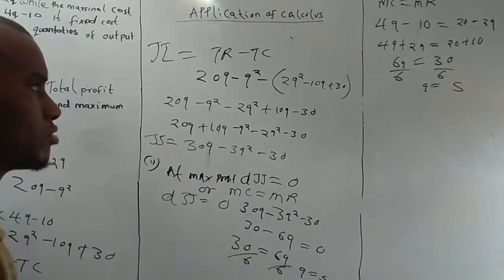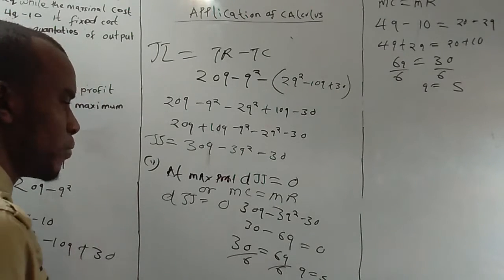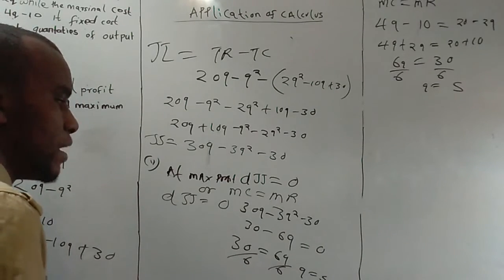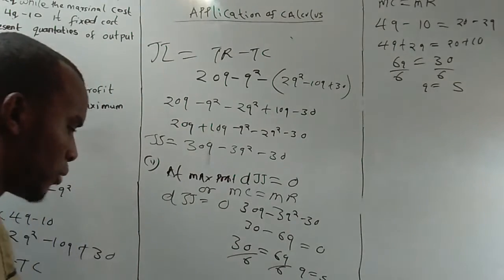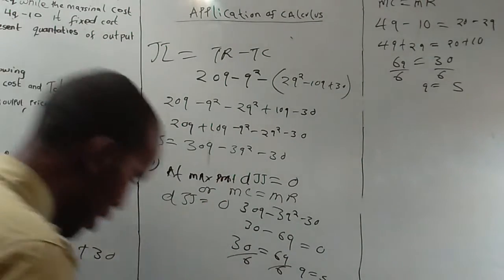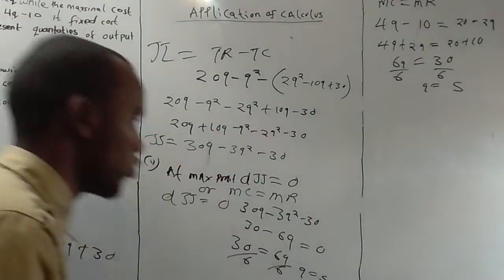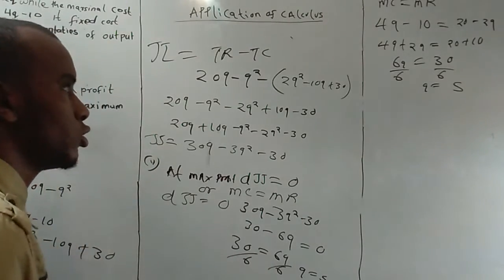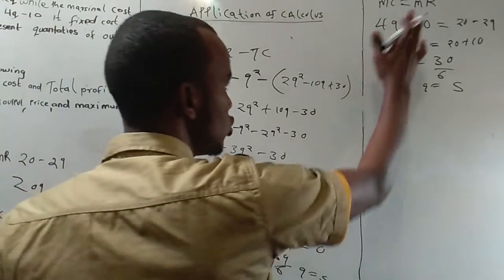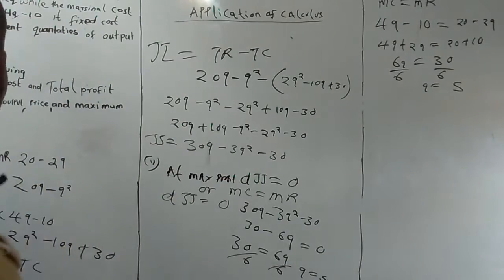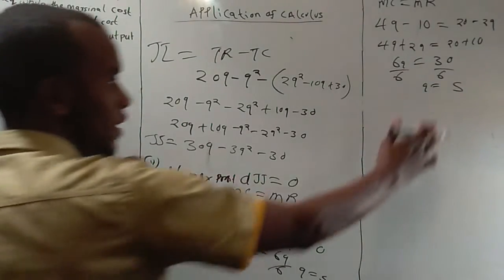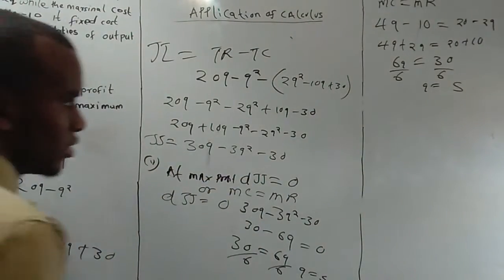But remember, sometimes only one method may be possible. Maybe you don't have the marginal cost and the marginal revenue, and the only possible way is the derivative of the profit. But if you have both, you can use only one. You don't have to show both. Now we are done with the maximizing output. Q is 5. We are told the price.